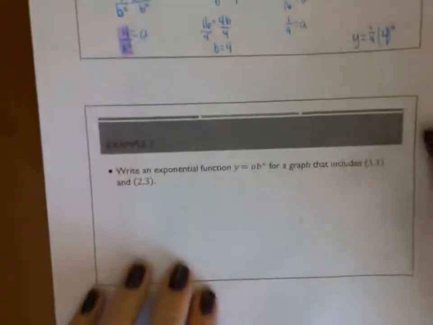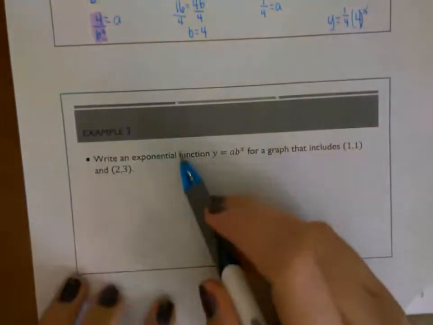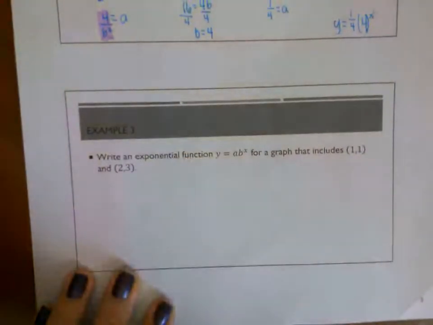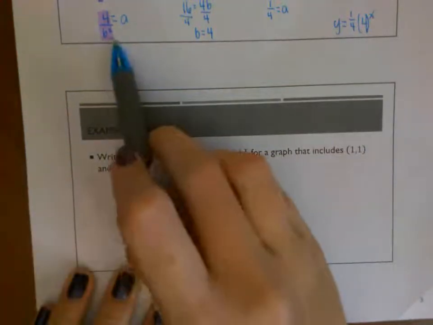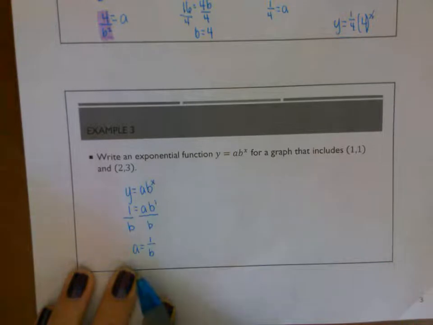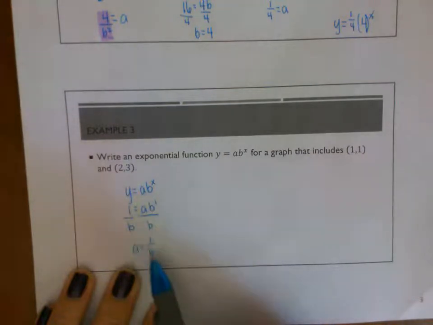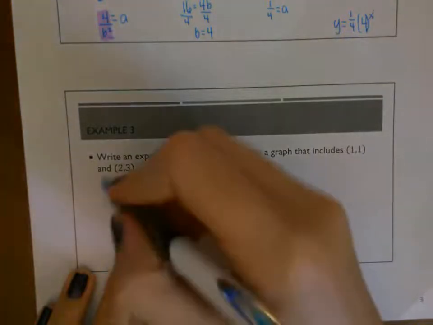Now, I would like for you to try this one using kind of the same steps. Start by finding what is your a value. When you solve for a like we did up here and got 4b over b squared, we should get a equals 1 over b. All right. Now, if you use 2, 3, you probably got something similar. You would have gotten a equals 1 over b squared. Or sorry, 3 equals